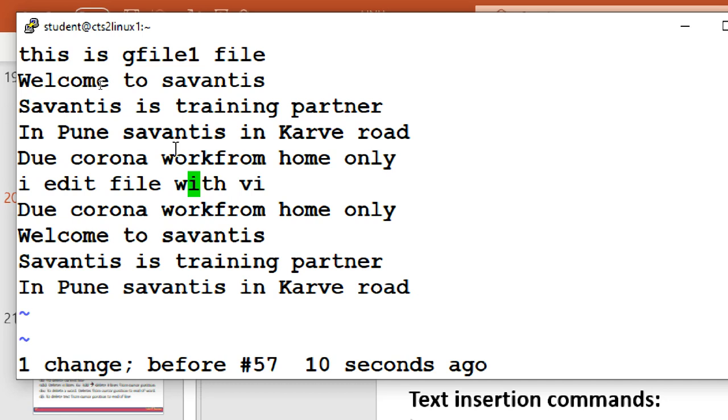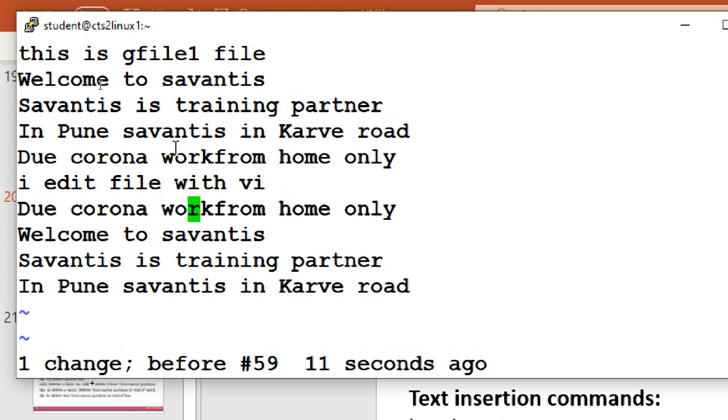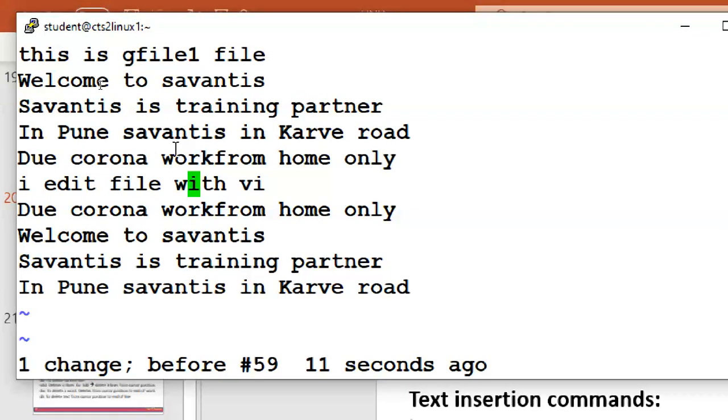Escape, small r, e. That's it. Only one character we can put. If you want to do something different, like w, nothing is changing here. Escape u. This is the first one.